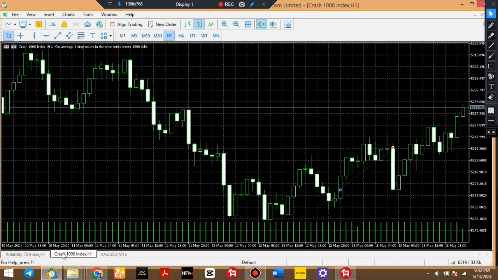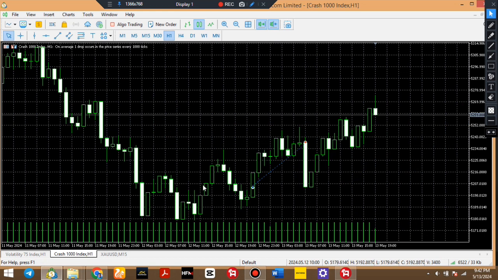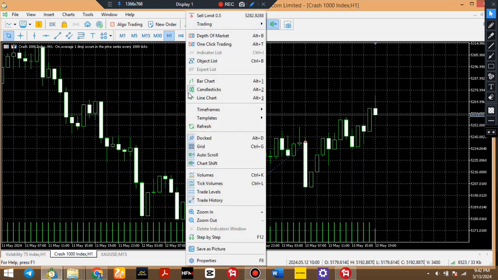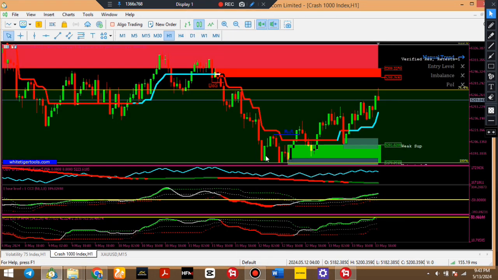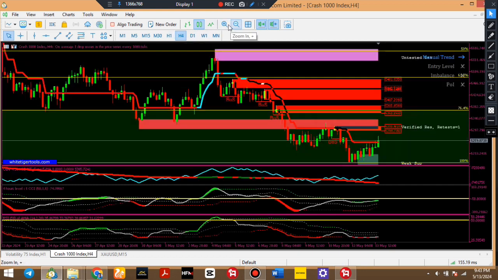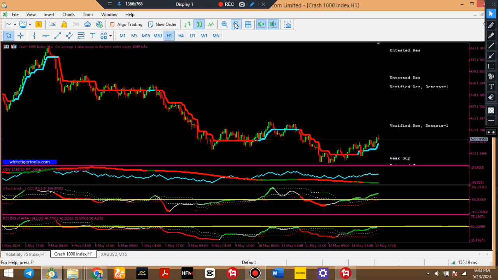So for those of you who love trading synthetic indices, this is Crash 1000. I'm going to also explain to you what happened and why I took the trade. So it's still based on the strategy. Now let me zoom in a bit. Okay, I took the trade on H1. So as at yesterday,